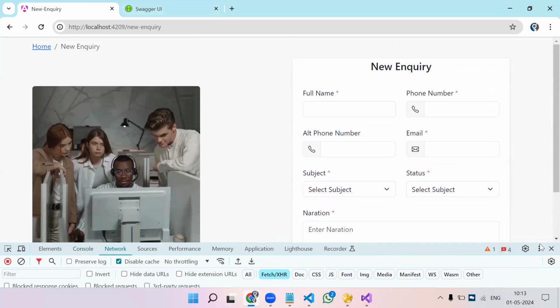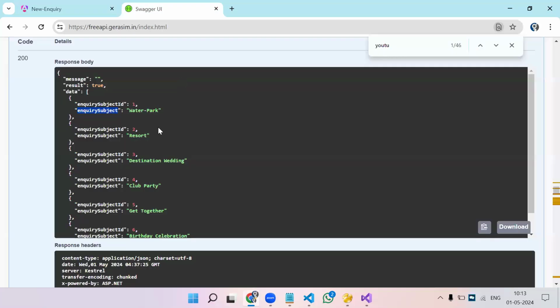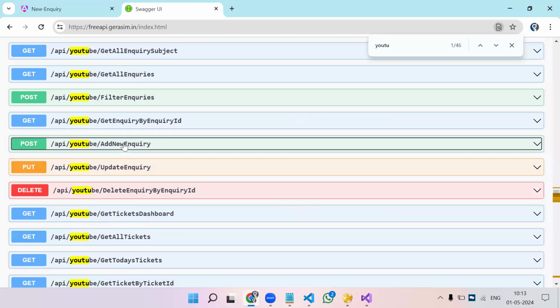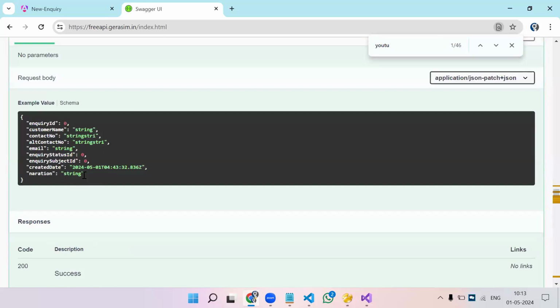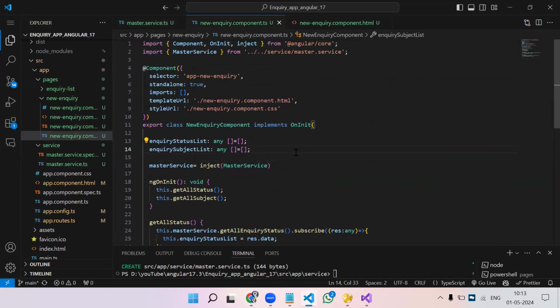Now, the prerequisites are done. We have got the data. Now we need to check the object which we have to send. So add new inquiry. So this is the object. So we have to copy it. Now we have to create the object. So in the .ts, we have to create the instance of a single object,